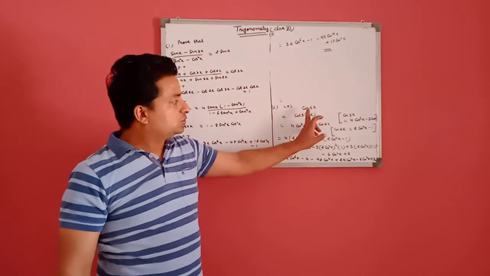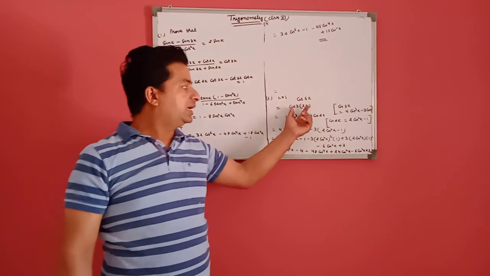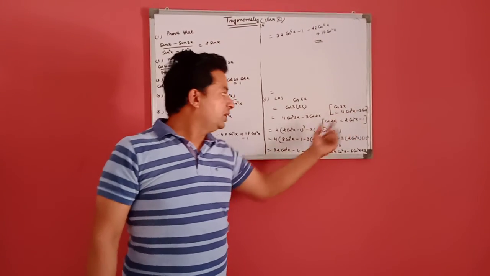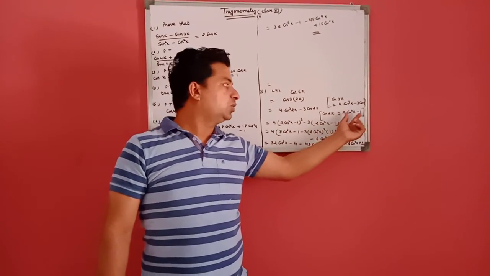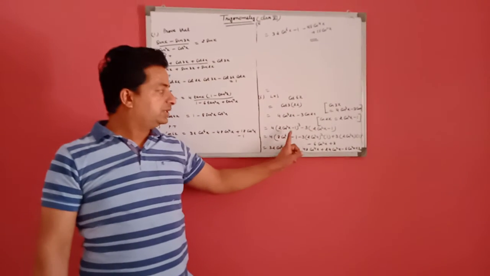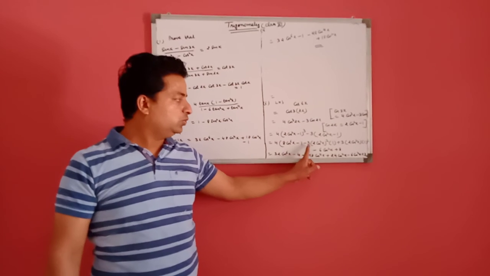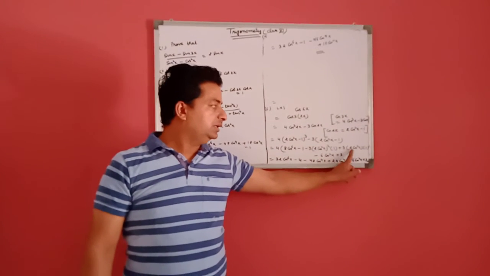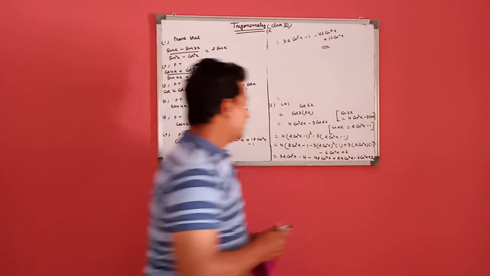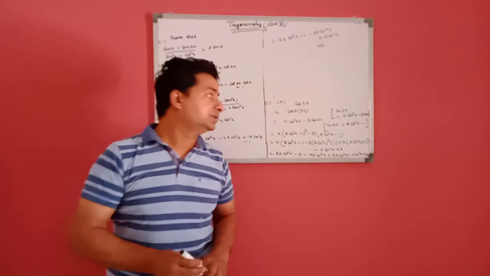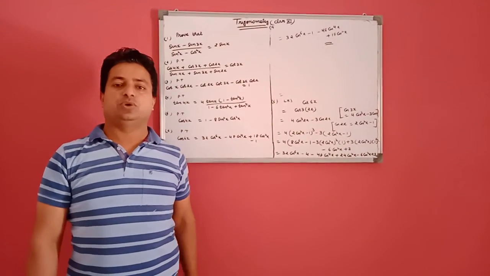First of all, in this question we write cos 6x as 3 into 2x. Then we apply the formula for cos 3 theta. This is the cos 3 theta formula. After this we apply cos 2x equal to 2 cos square x minus 1. And after this we open this identity. A minus b whole cube: a cube, b cube, 3a square b, then 3ab whole square. 1 square is 1. After this we simplify this. This is the solution of remaining questions of exercise 3.3. Thanks.